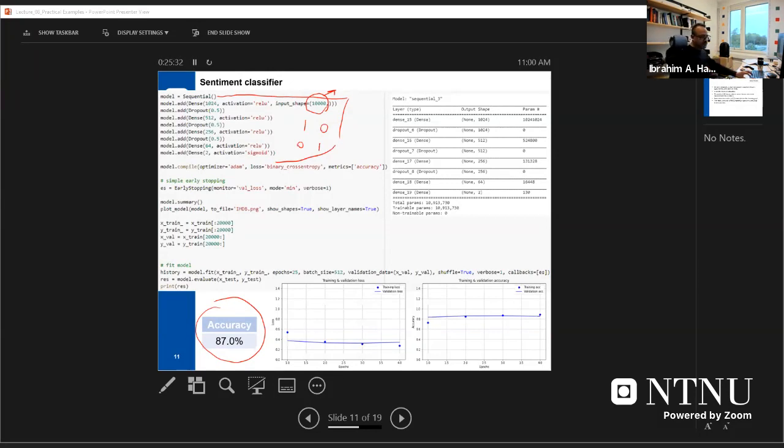So, of course, maybe here we have some overfitting, I don't know if we have or not, but this plot shows training and validation. This one is very important to check if you have overfitting or not. As you can see here, the solid blue line is the validation loss. This is the validation loss. So the validation loss, in fact, goes down,